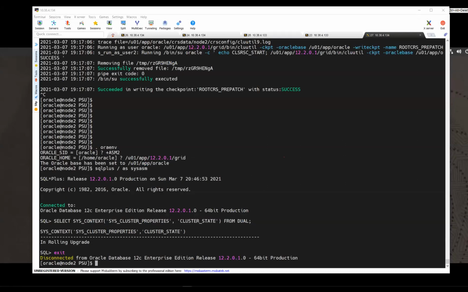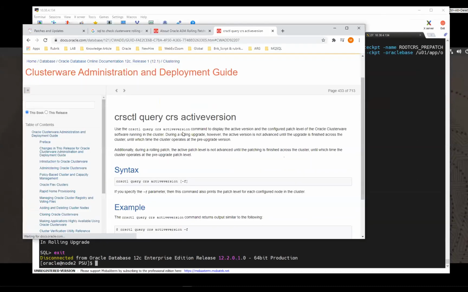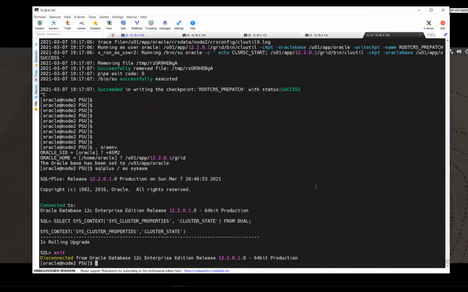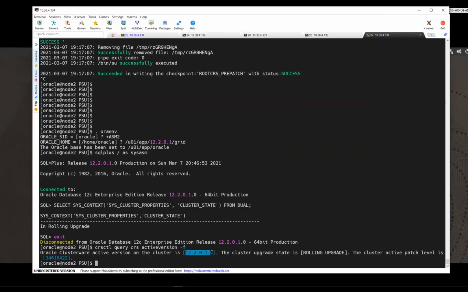crsctl query css activeversion. If you run it on node 1 or node 2, you will see it is still pointing to 12c. When the second node is upgraded, it will set it to 19c, and the cluster upgrade state is in rolling upgrade mode.